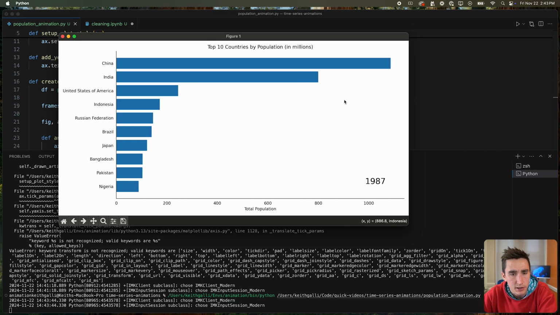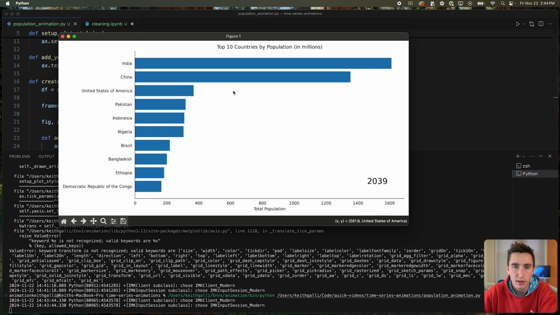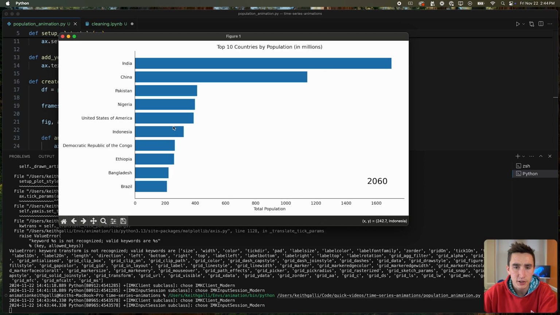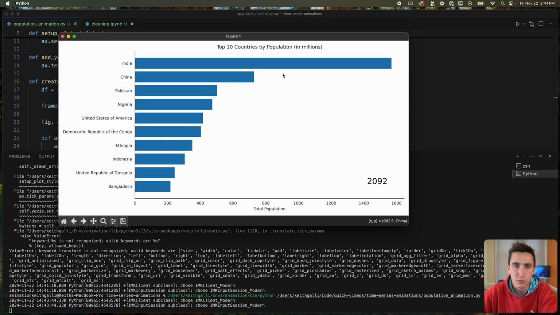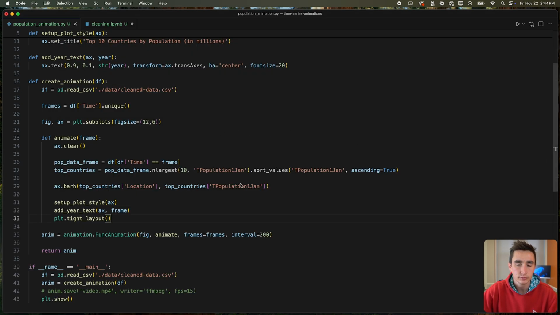I'm trying to think of other things that we might want to do. It's really just a matter of styling at this point. Adding our flag images potentially. So if we wanted our population to show, maybe we wanted the actual numbers to show and we wanted them to be formatted with commas, we can do, let's think,